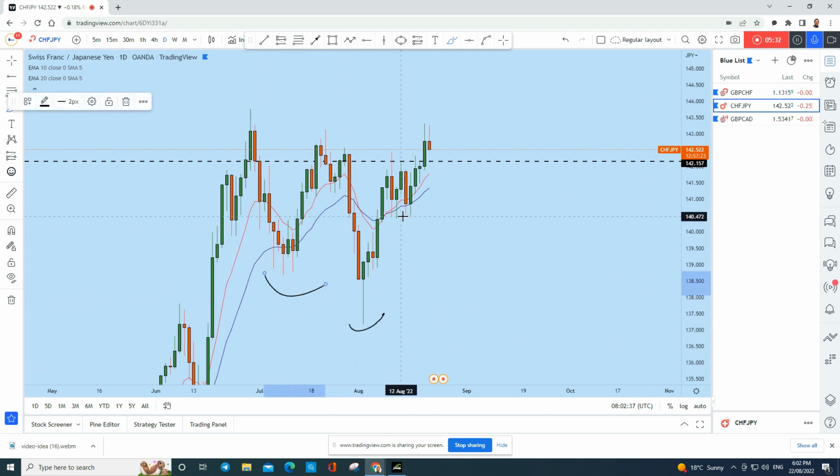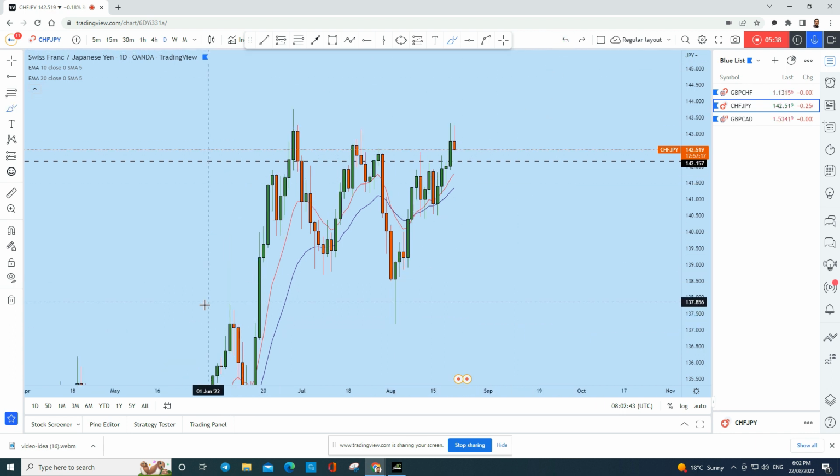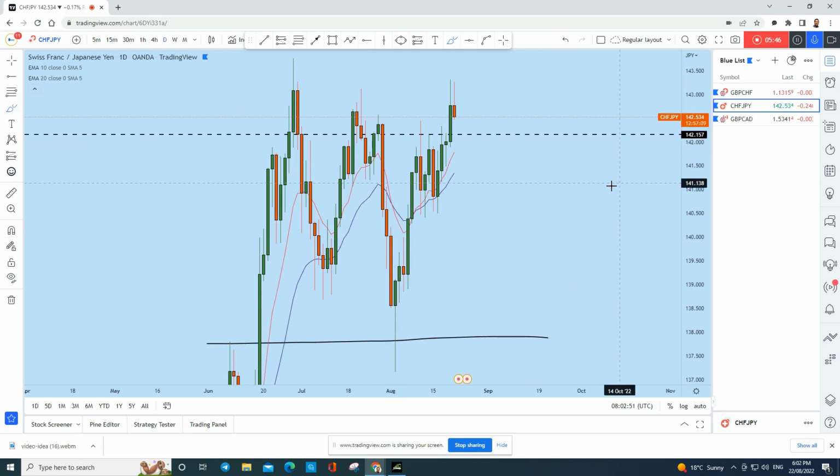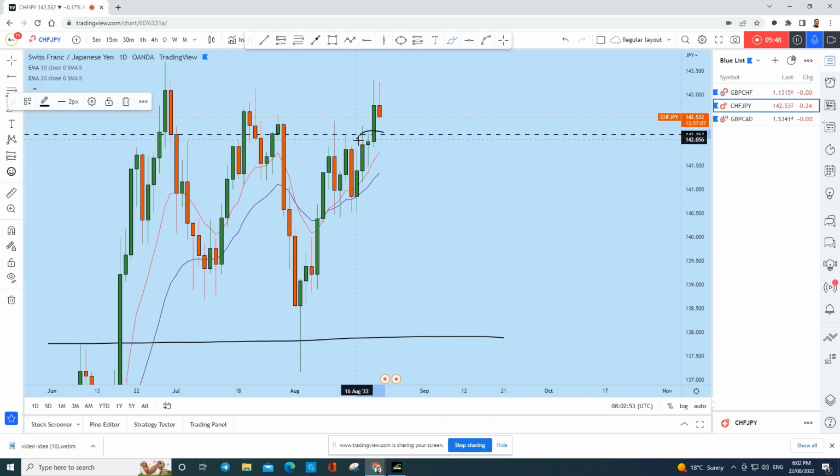We see a kind of inverted head and shoulders has been created, and we see the liquidity grab that we have seen on the monthly from this previous support, tested as resistance, penetrated down and created this strong bullish move. Now what we can expect is the price to come back to this liquidity zone on the daily perspective, which is the monthly support, and we are expecting the price to grab liquidity from here